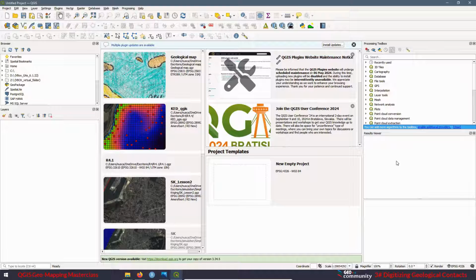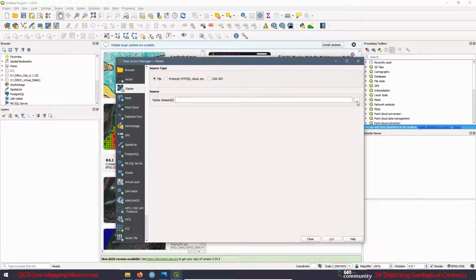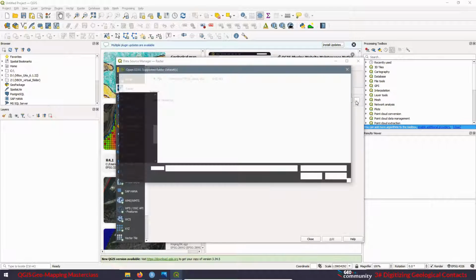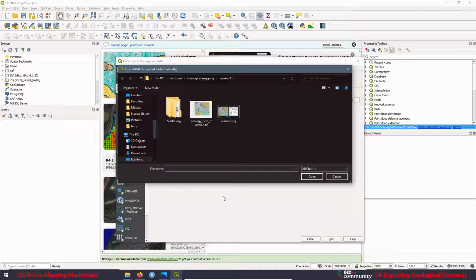Now we have the default theme version, and I'm going to add the map I already downloaded from the Geo RGB community website. Is this one over here? Open,